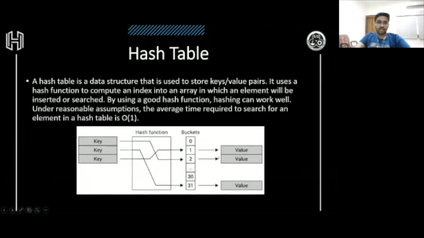So that is what is said here. Suppose this key is 1, and the hash function says the remainder when divided by 5. So the key is 1, and when divided, the remainder is 1.